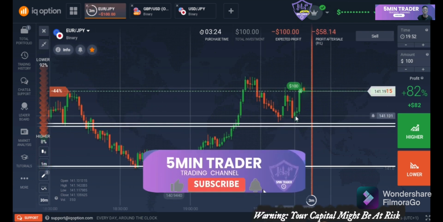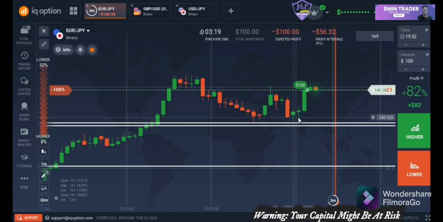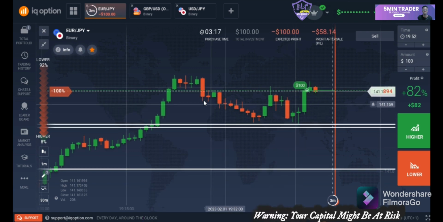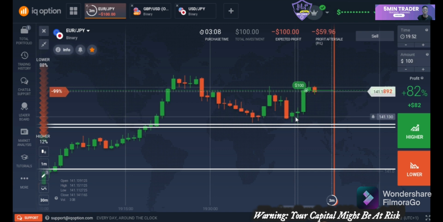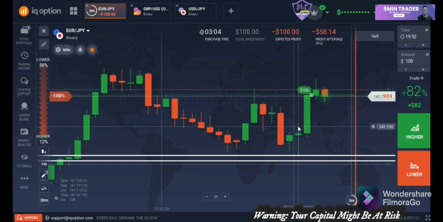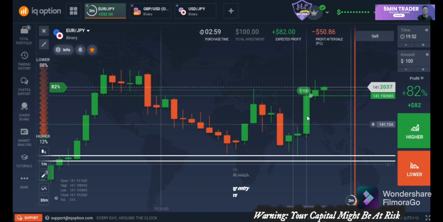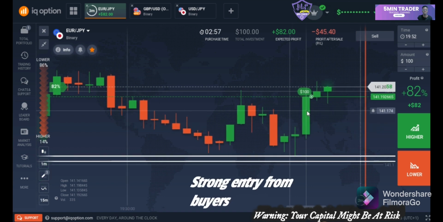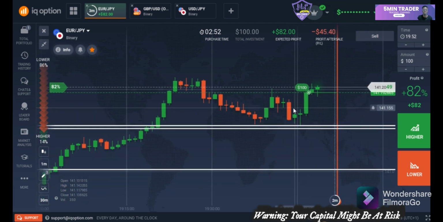I saw these weaknesses around this area, suggesting to me that the market is weak, and the sellers are already losing control of the market. So this was what these two candles suggested to me. And another thing I put into consideration before taking this trade is the strong entry from the sellers with this candle, and this shows to me that